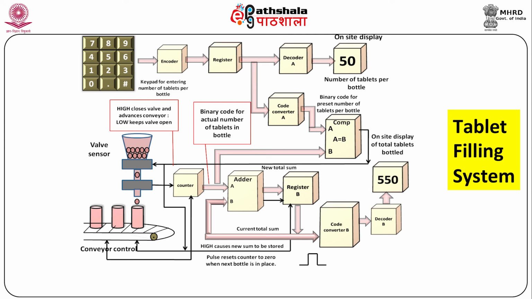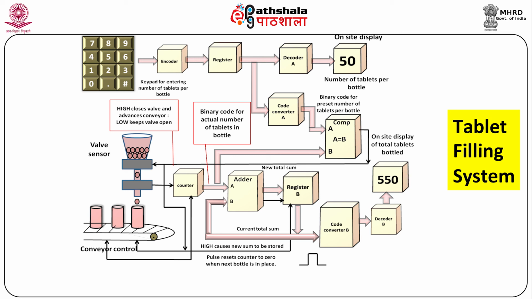The high output of the comparator immediately closes the valve in the neck of the funnel to stop the flow of tablets, and at the same time it activates the conveyor to move the next bottle into place under the funnel. When the next bottle is positioned properly under the neck of the funnel, the conveyor control circuit produces a pulse that resets the counter to 0. The A equal to B output of the comparator goes low, opening the funnel valve to restart the flow